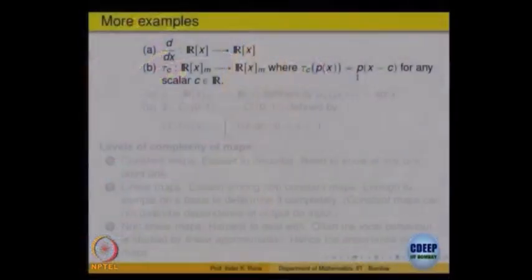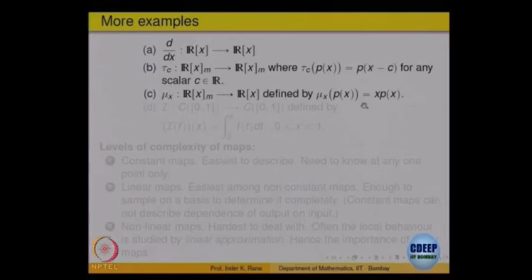If you take two polynomials P1 and P2 and add them, P1 plus P2, what is the image of P1? That is Q1, that is P1 of x minus C. What is the image of P2? That is Q2, that is P2 of x minus C. What is the image of the sum? That is the same as Q1 plus Q2. So, that is a linear map. Translation in the domain is a linear map. Okay. Translation in the range is not linear.